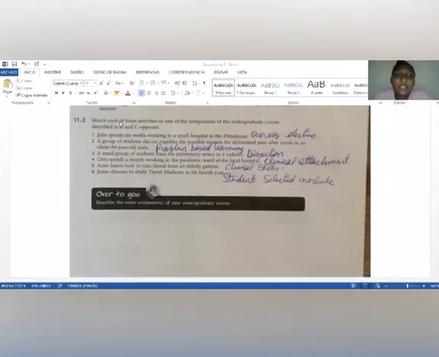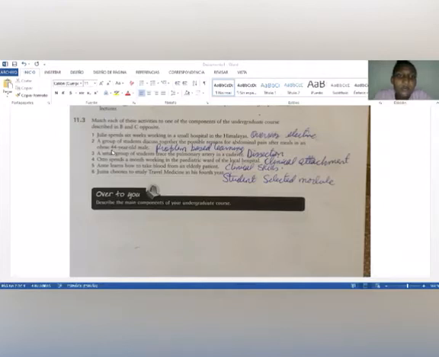Match each of these activities to one of the components of the undergraduate course described in B and C opposite. Number 1, Julie spends 6 weeks working in a small hospital in the Himalayas. Overseas elective. Number 2, a group of students discuss together the possible reason for abdominal pain after meals in an obese